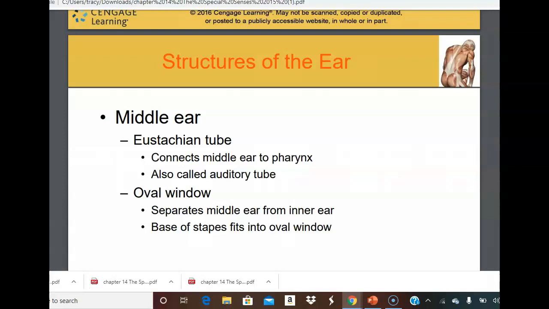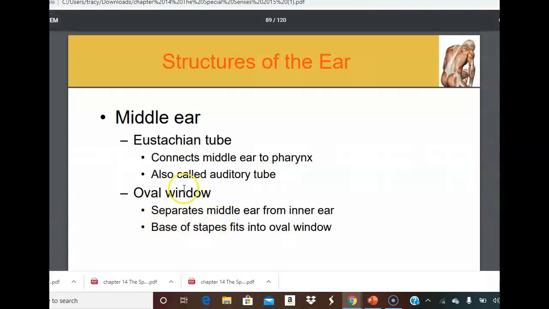There's also a special tube within the middle ear called the eustachian tube. The eustachian tube connects the middle ear to basically the nose and throat. You'll see it called the auditory tube. However, that could get a little confusing, so the eustachian tube is generally used more often than the auditory tube. Don't get the eustachian tube mixed up with the external auditory canal, and I'll show you that in the picture